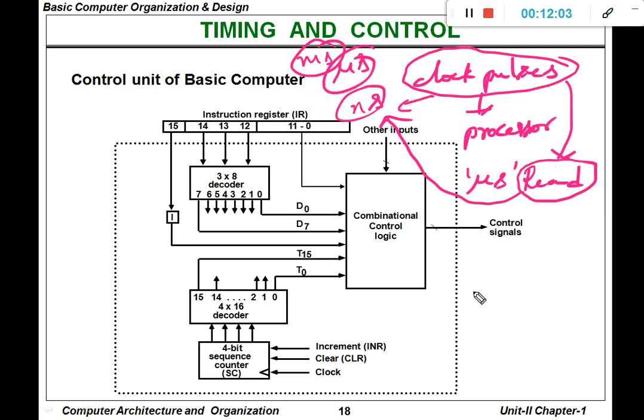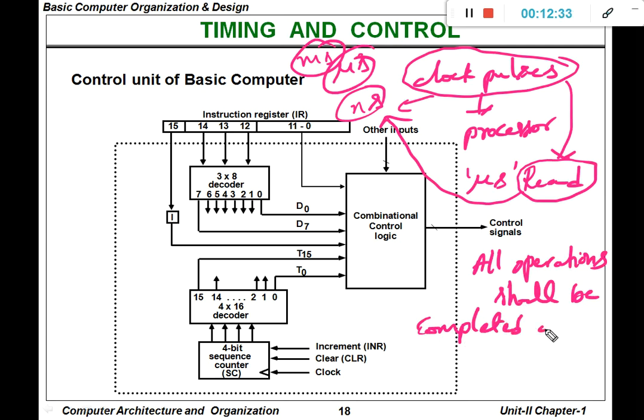However, here for simplicity, we assume that whatever operation we consider will be completed within a single clock pulse. Okay, we will assume like that for simplicity: all operations shall be completed in a clock pulse.